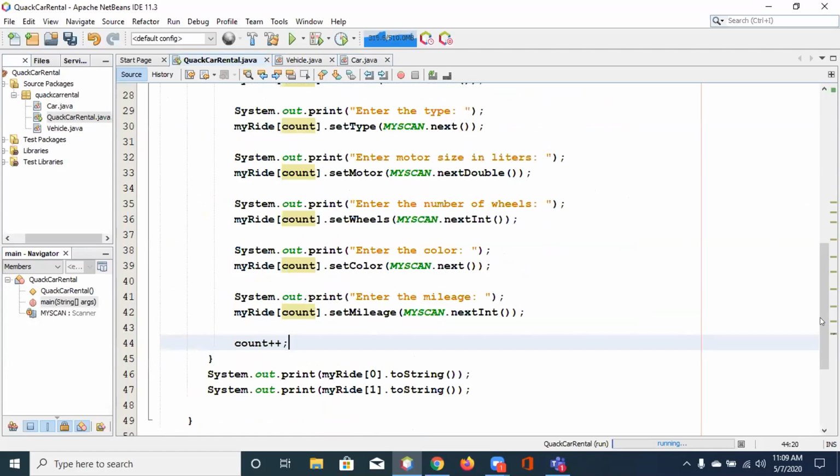Oh wait, here we go. It says method set motor is not used. It says that for all the sets. I don't know if that's